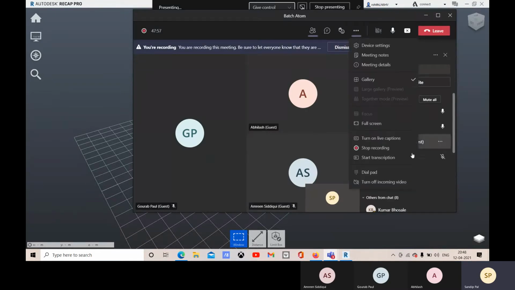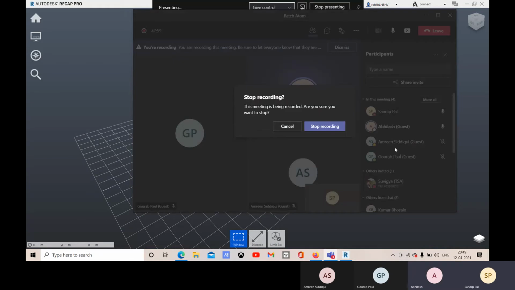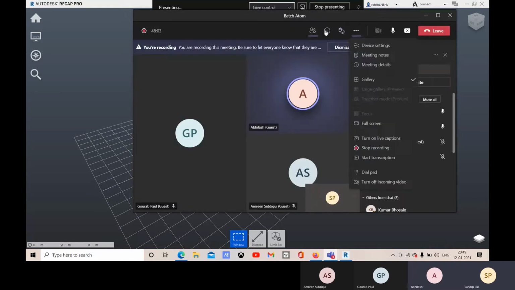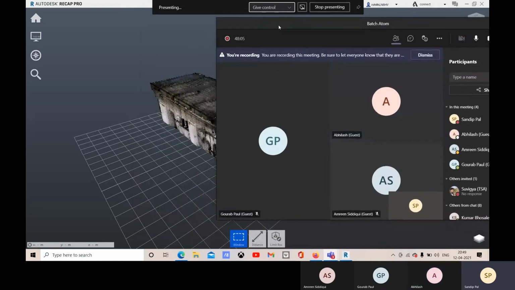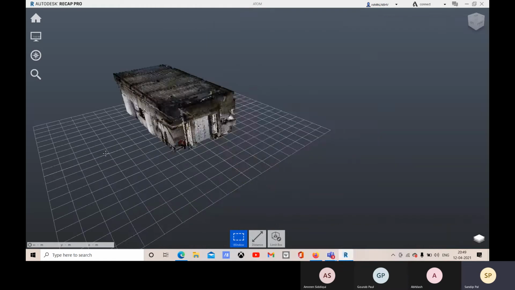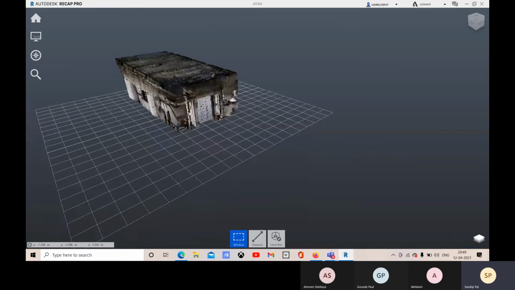Sir, what is the main use of this software, Recap? Here you access this file, and from here you take measurements from this 3D point cloud.